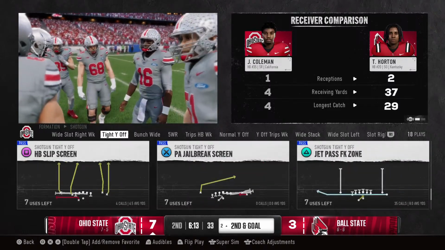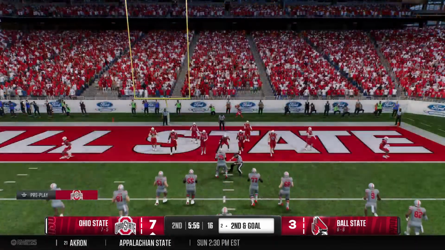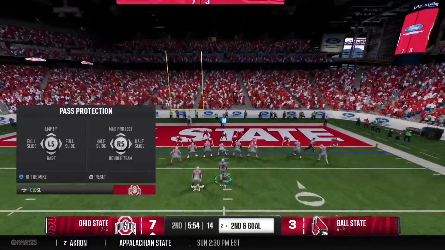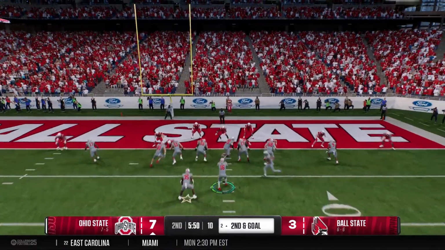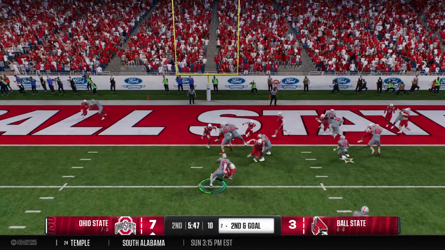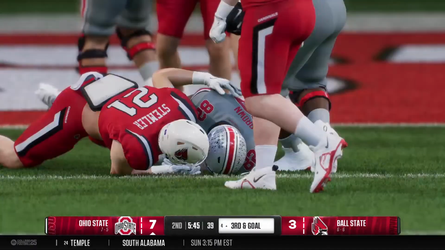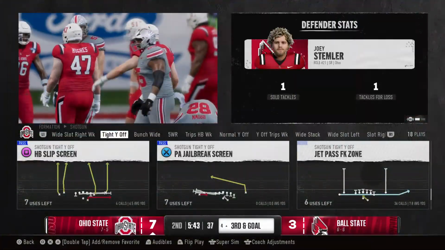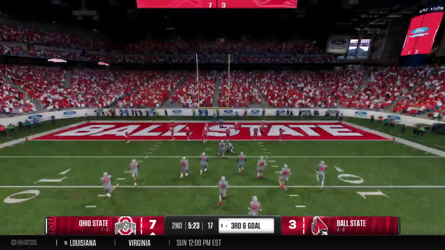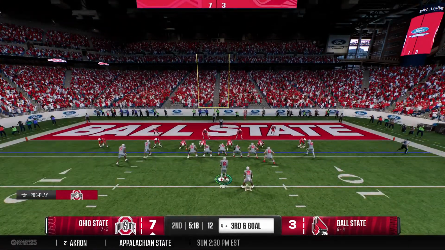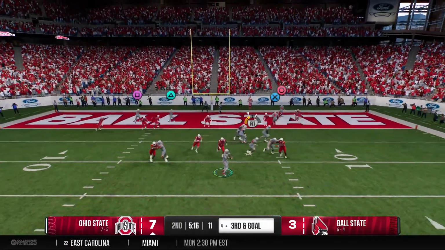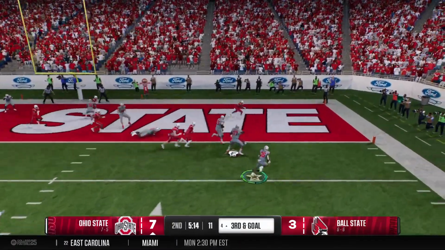I want to get my running backs the ball in space as much as possible, and sometimes it doesn't work in the running game. But I can throw it to him. I can try to create some space out wide, dump him the football, let him make some catches, and see if I can get some big plays out of him. And he'll be smacked to the ground. And I got to find ways to manufacture some offense down here in this area. The field shrinks. It gets a little bit more difficult. So I got to take a few more chances, get the ball with some speed on the...